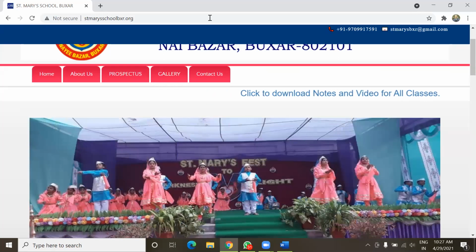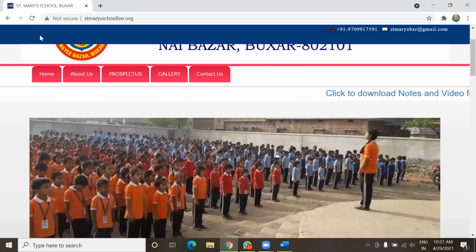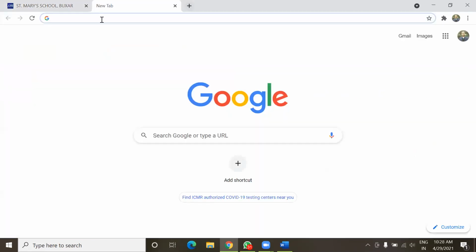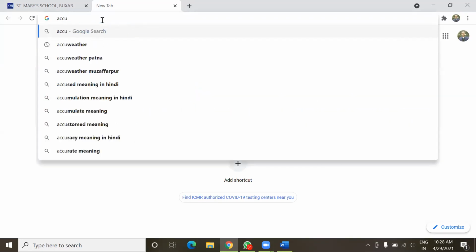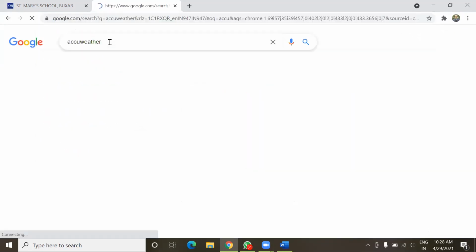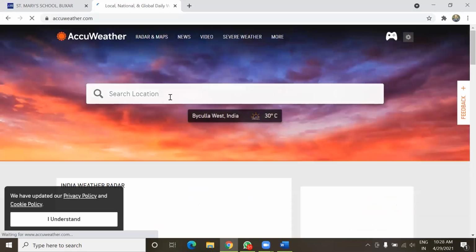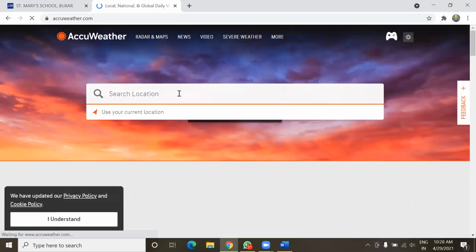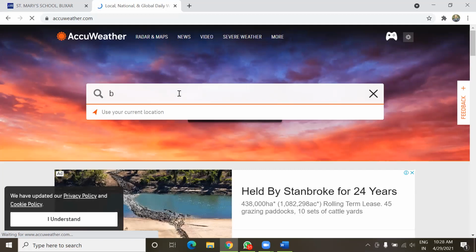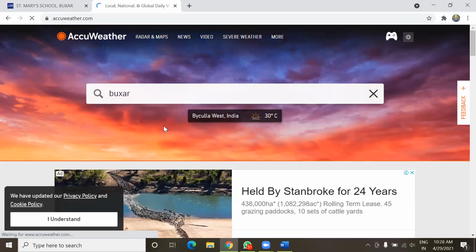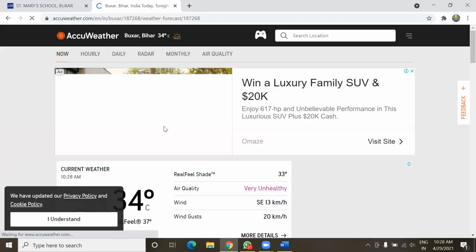Now I'm going to open another website, and there you will see the dynamic content. Here I am going to open AccuWeather. It is a website that is used for finding weather forecast information. Here you can search the location. For example, I am searching the weather forecast for Buxar.